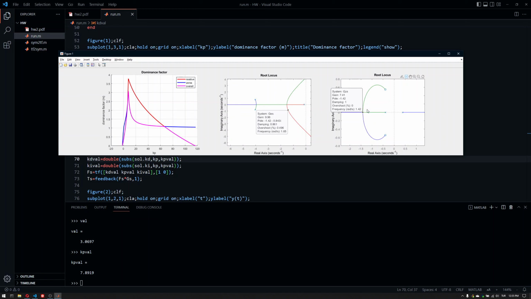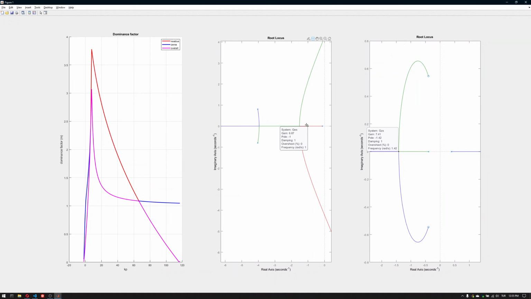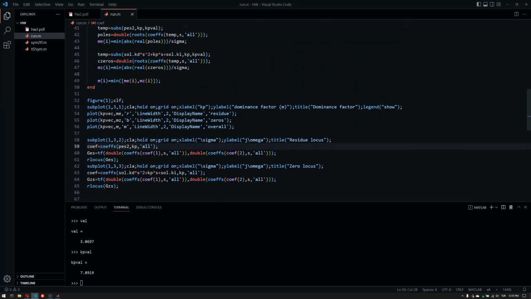But if we choose this point here, then the poles intercept, and that becomes an issue because somewhere here it's hard to click. So let me just maximize it here. Let's try it again. It doesn't have that many steps to it, which is not nice. Maybe we should change it. Let me take this title and place it after the root locus because it changes the behavior here. And since I know what kpval is,